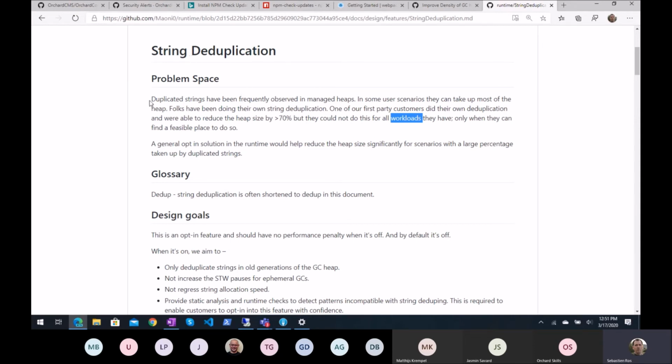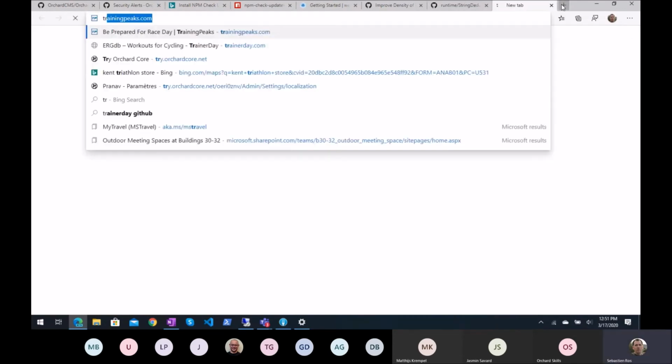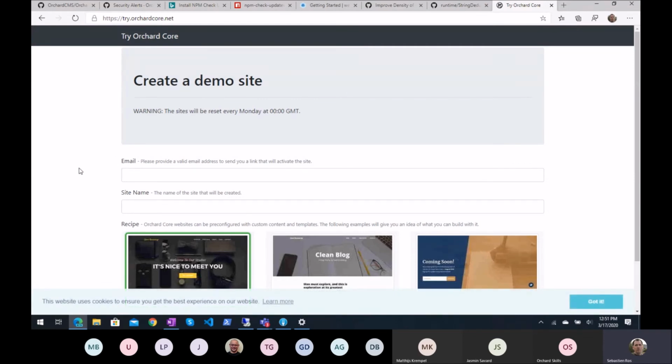So I think I will run this tool on something like try.orchardcore.net. I asked Antoine how many tenants we had on this instance, and I actually took the dump file of this instance. He said we have about 40 tenants right now, but it's been 2 days, and between 100 and 150 tenants are created every week before they're refreshed.